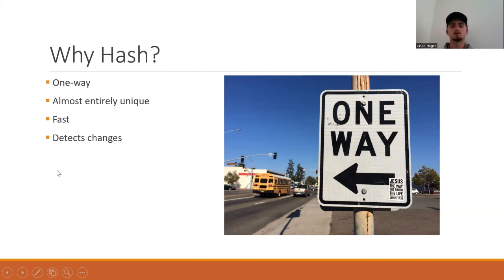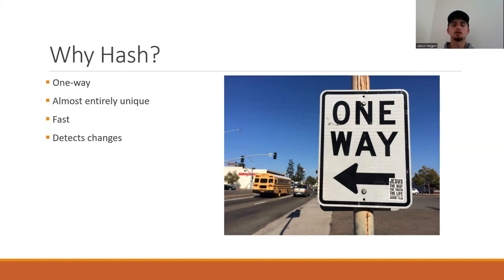It doesn't have some kind of sequence that it does to do it. It just spits out this hash representation, and it's irreversible. It's almost entirely unique. So there's a very, very low probability that you're going to get the exact same hash for different kinds of texts. When you do have the same hash, it is called a collision, and it almost never happens. Very, very rare. Another benefit is it's super, super fast. You can just put your text into a hash function, and almost immediately you can get a hash from it.